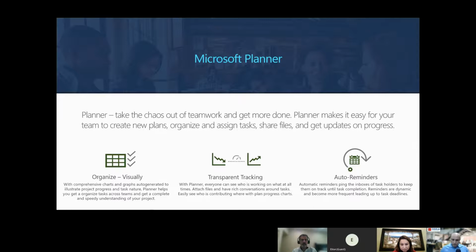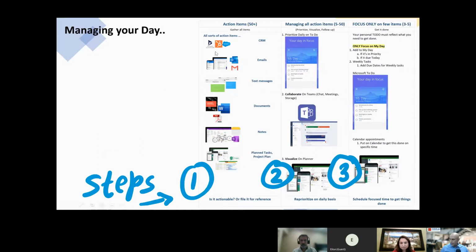Okay, does it link to your calendar or to your to-dos automatically, or do you have to have entries in both? No, it does it to to-do. And actually, that's a great point, and that is the reason I had this chart. Let me go to that chart again. The whole concept is that all the step one things can really flow to 3 areas, and that is your to-do, your Teams, and planner.